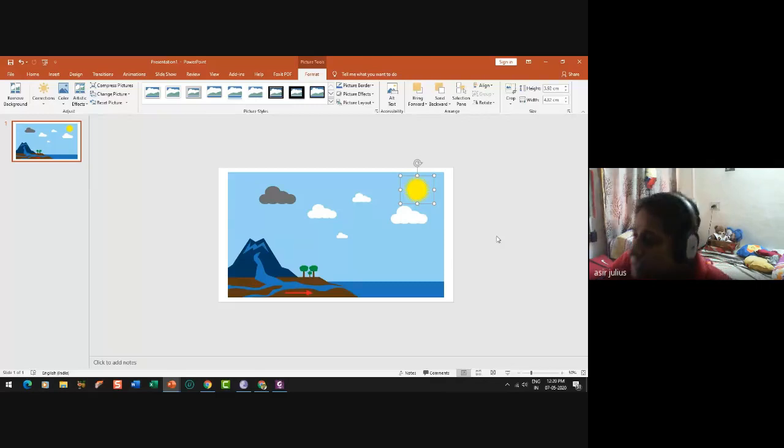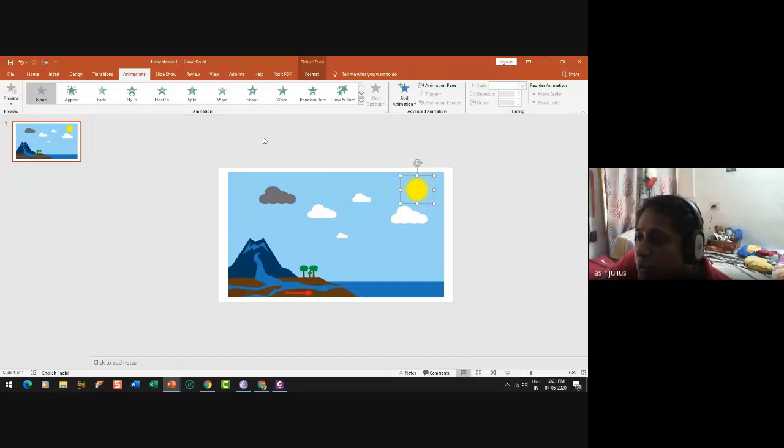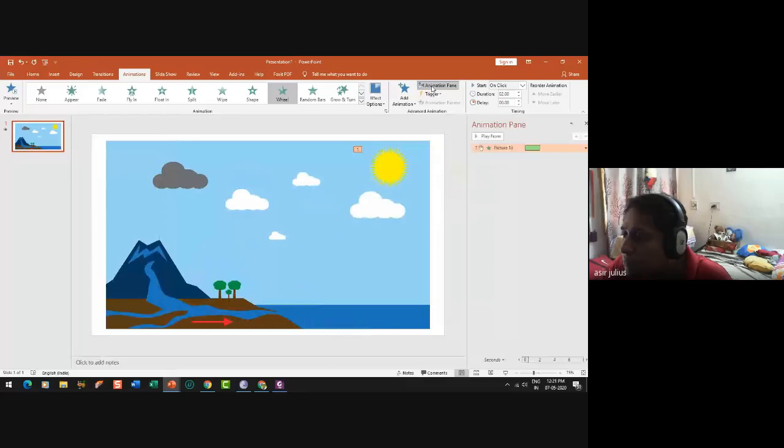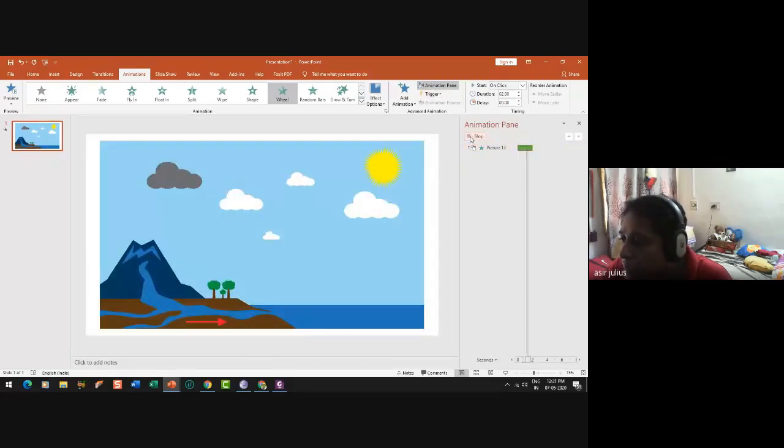Okay, let's start doing animation with this particular patch. So if the sun might grow or rotate, to make it visible, I am going to the animation tab and I am going to take this wheel. It is not visible. I'll show you again. I have just added one animation. I'm just playing it. It is not visible, right? Okay, we'll take something else different.